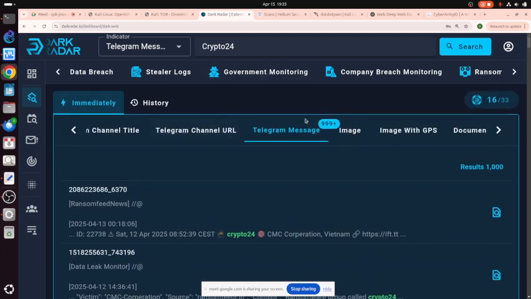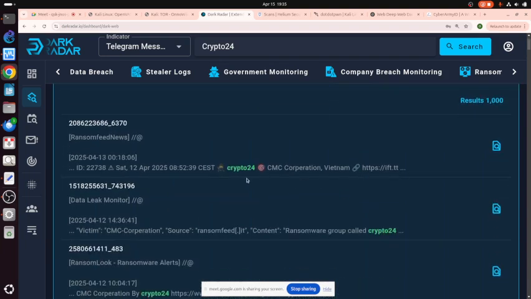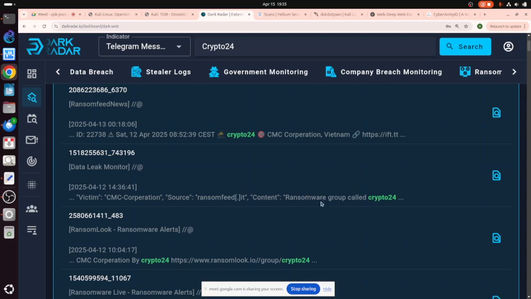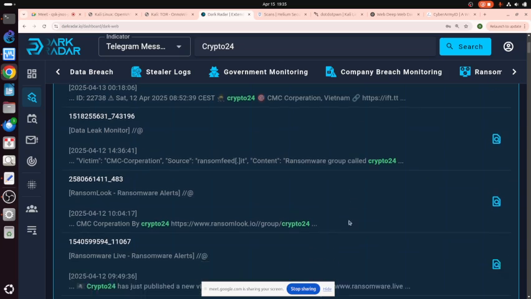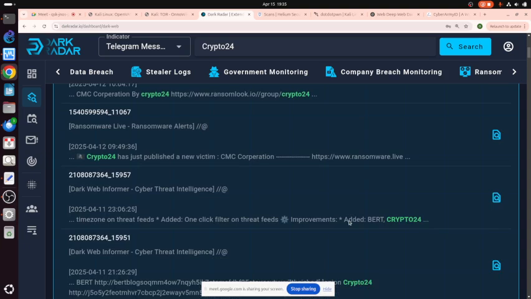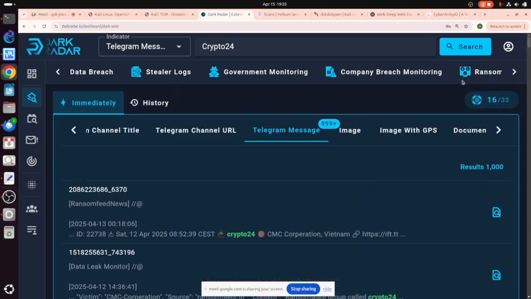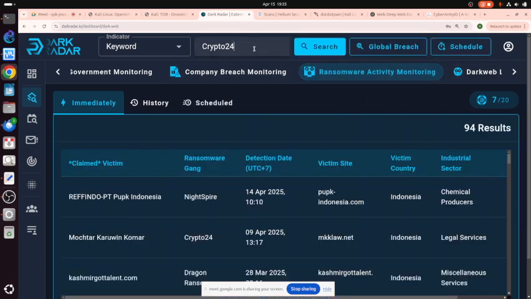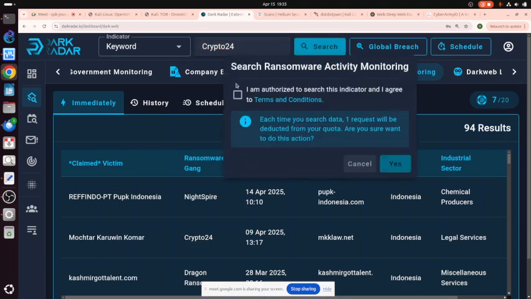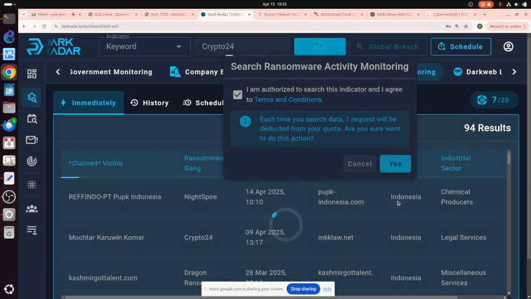Let me see. So Crypto 24 is a ransomware group called Crypto 24. Whether we can see the ransomware. Ransomware. Yes, sir. Okay, Crypto 24. Search. Wow.